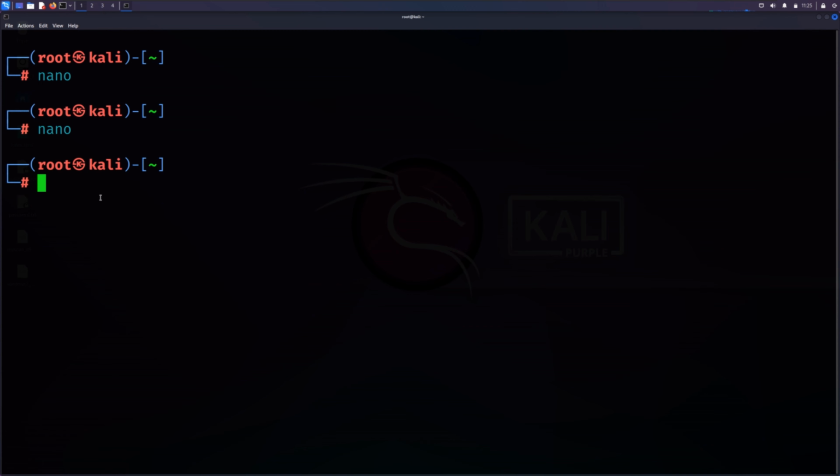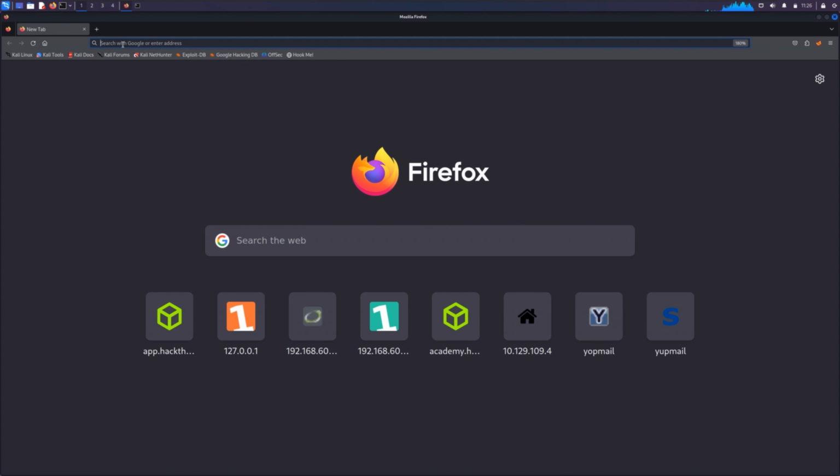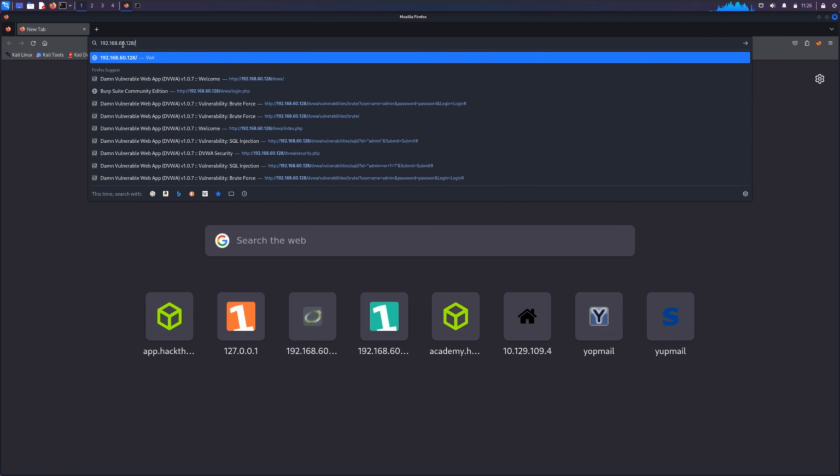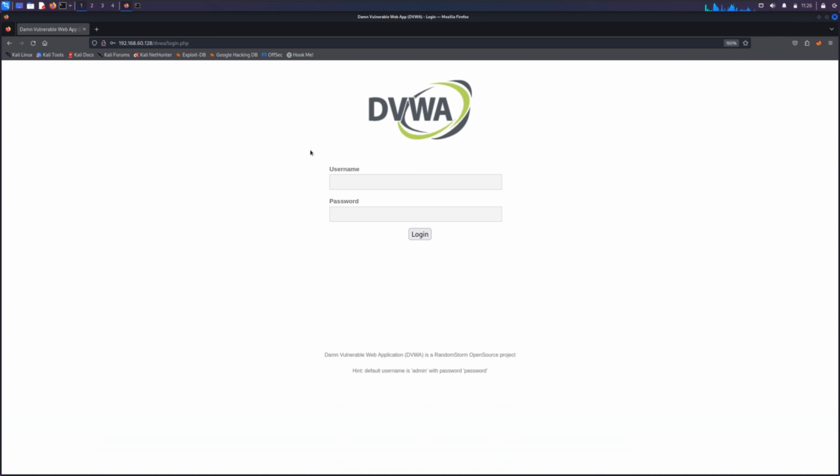Alright, so now what we're going to do is run an Nmap scan to determine the IP address of our Metasploitable. And yeah, we've gotten it. So I'm just going to go ahead and copy it and head over to our browser. And then we'll paste the IP address /dvwa. Alright, so immediately it will take me to